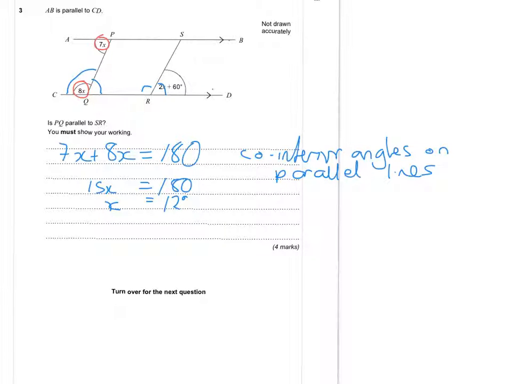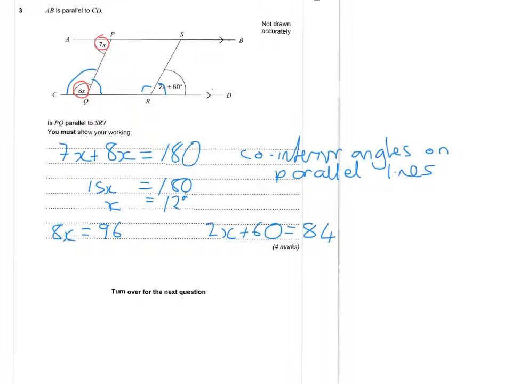Alright, so 8x is equal to 12 times 8 is 96, and 2x plus 60 is equal to 84,